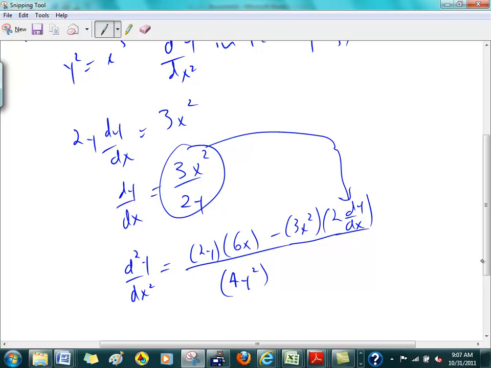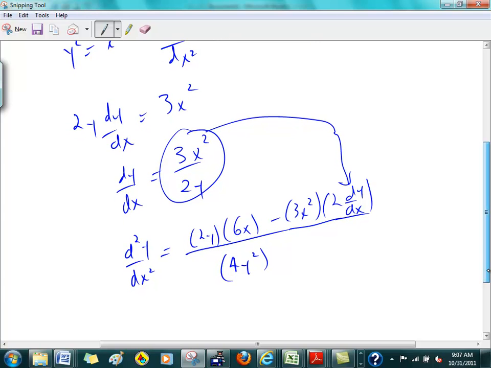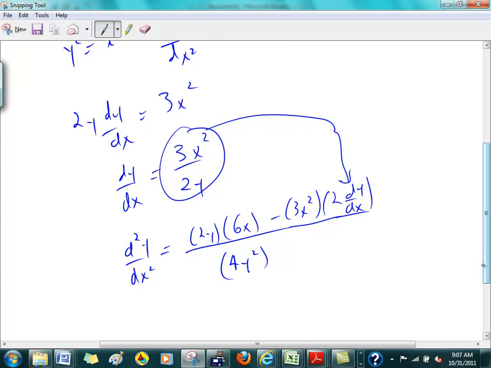So S, what was the issue? The issue was that I had, and then I went on CalChat and it said when you have 3x squared for y prime, you don't have 3x squared for y prime. You get 3x squared over 2y. Yeah, I know, I wasn't finished. But like it says it has that, and then multiply it by